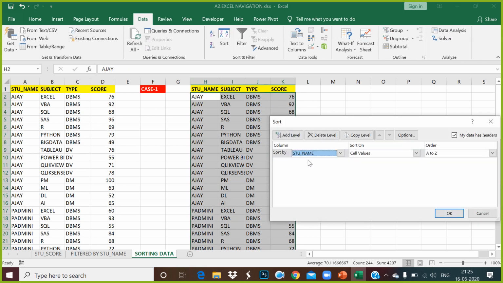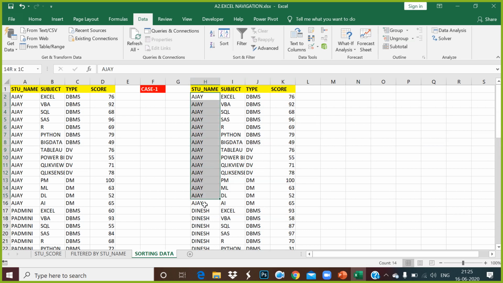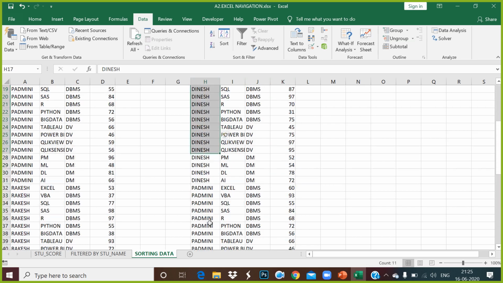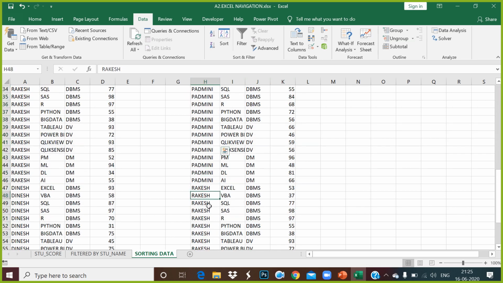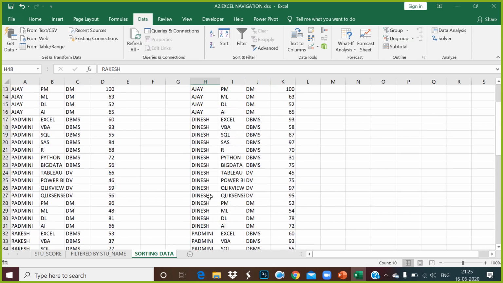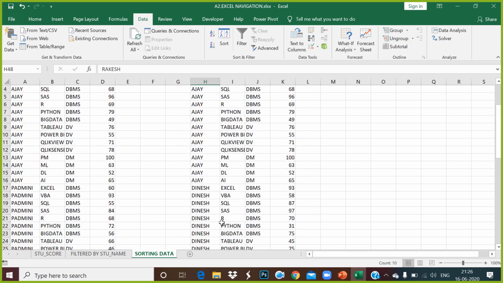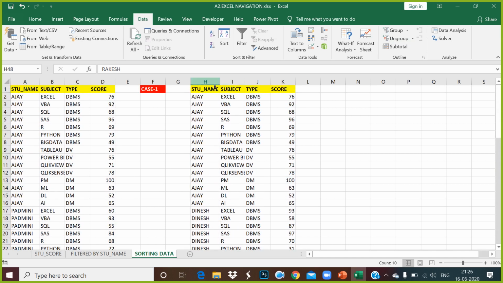In custom sorting, I select the first field name as student name. If I do that, it shows Ajay, then Dinesh, followed by Padmini, followed by Rakesh, going in alphabetical ascending order. Can you see that? Ajay, Dinesh, Padmini, then Rakesh. Are you getting this, guys? Yes, sir. So this is called sorting data by student name.